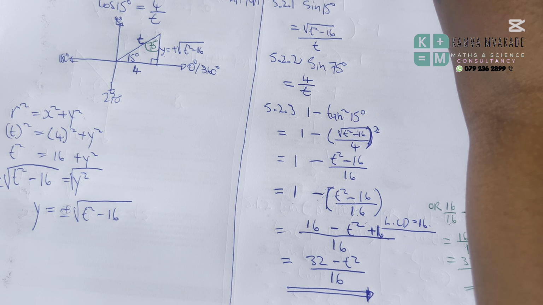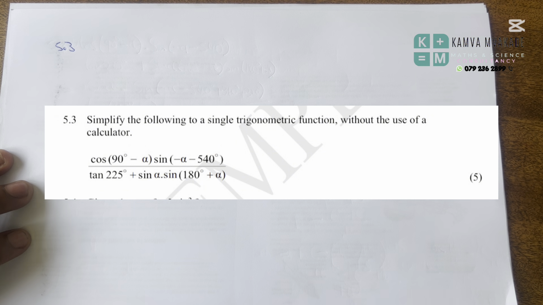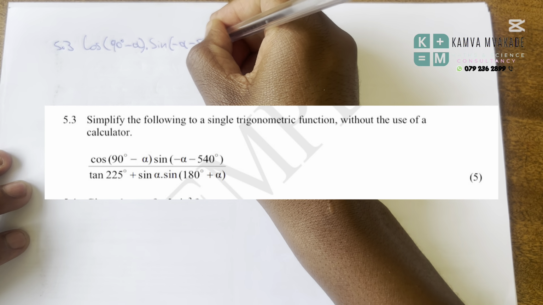The next question is simplify. What do we have there? Simplify the following to a single trigonometric function without the use of a calculator. What do we have? We have cos of (90 degrees minus alpha) multiplied by sine of (negative alpha minus 540